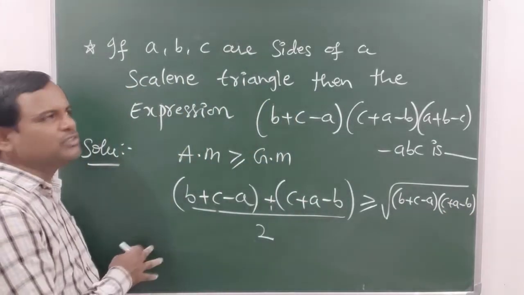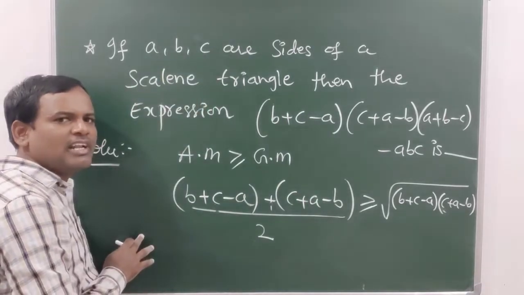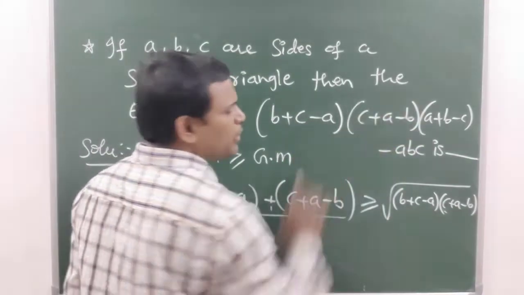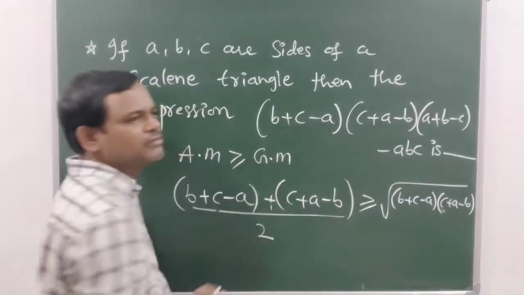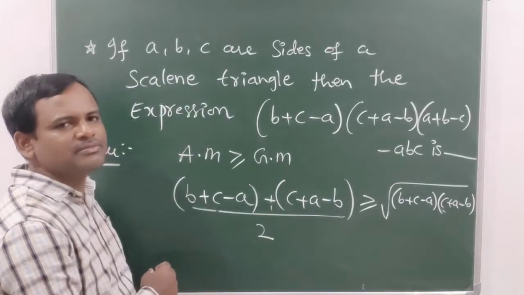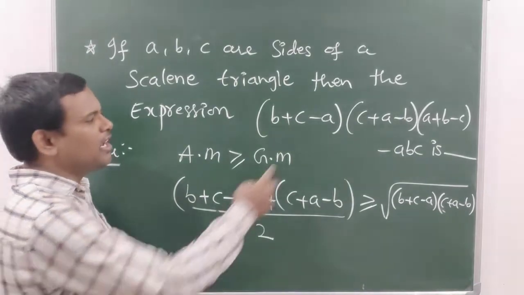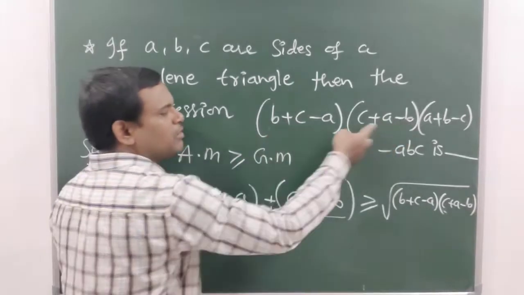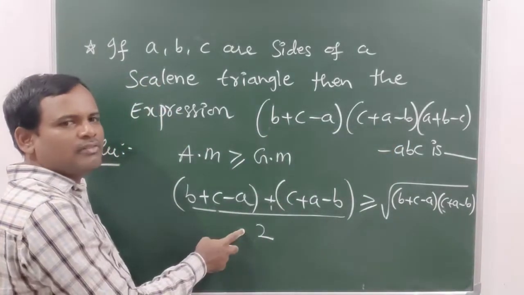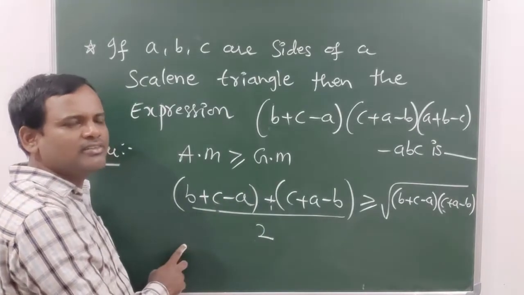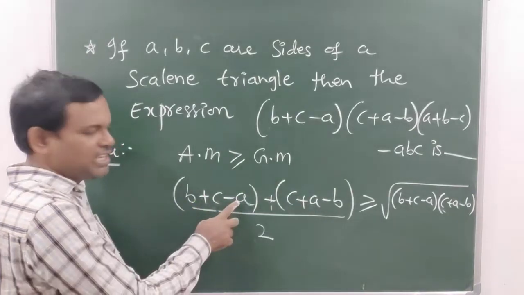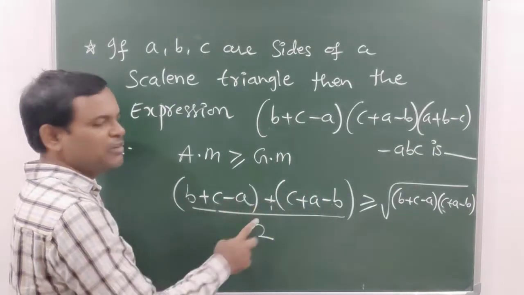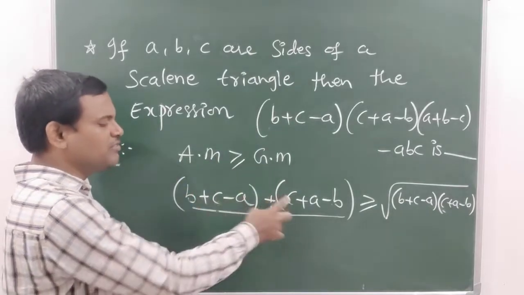See, don't get any confusion. They said A, B, C are the lengths of sides of a scalene triangle. Now we are going to comment on the sign of this expression. That expression is formed by A, B, C. So here what I have done, I have taken these two. This is one quantity, this is one more quantity. Whose average, when you take, you get C here. Am I right? Here minus A plus A cancel, plus B minus B cancel, 2C will be left, divide with 2. So when you simplify this, you get C.